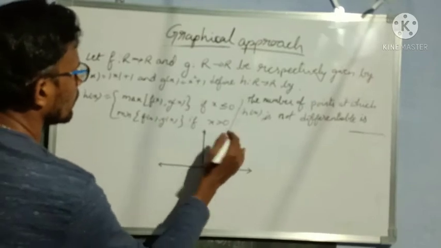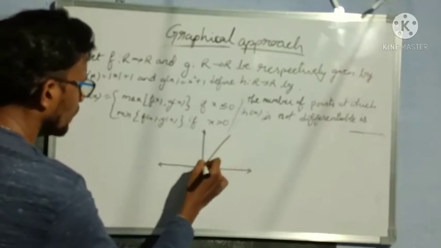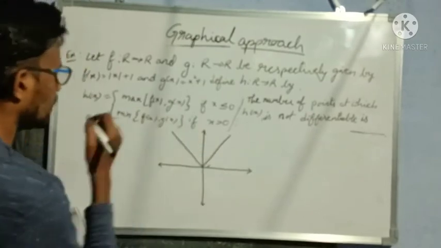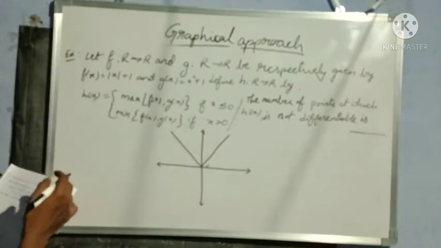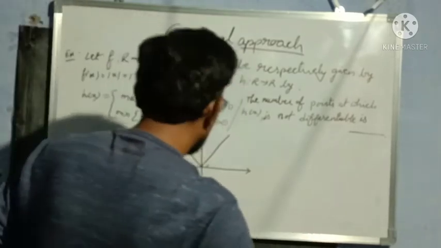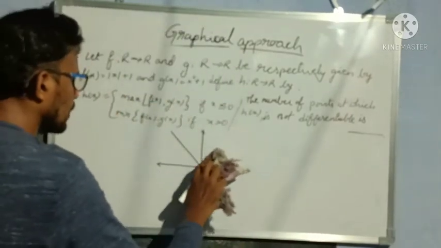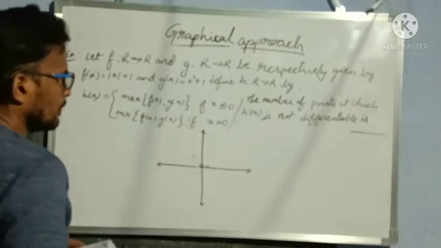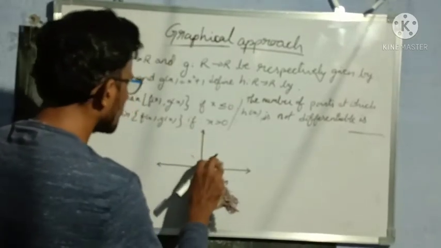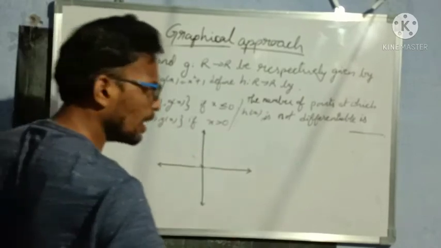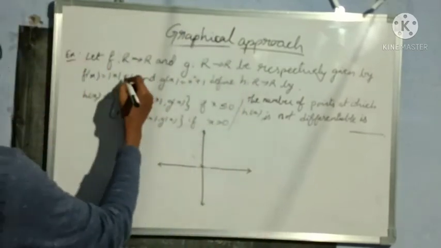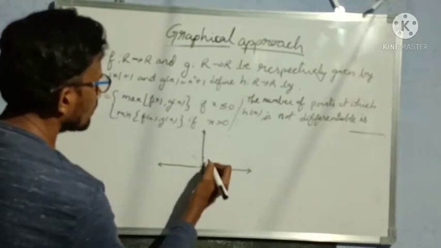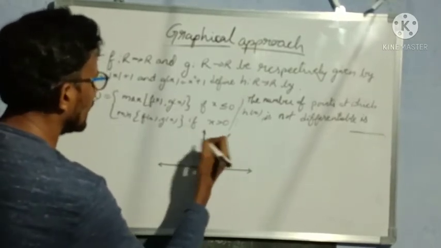Right? Straight line cutting at x is equal to 0 exactly. But here he is asking mod x plus 1, means from 1 unit more than 0. On the y-axis we have to draw this curve. Understood? F of x is equal to mod x plus 1 means from 1 onwards we have to draw. If it is f of x is equal to mod x plus 2, then we have to draw from 2. Now we are given mod x plus 1, so from 1 we have to draw the curve like this.